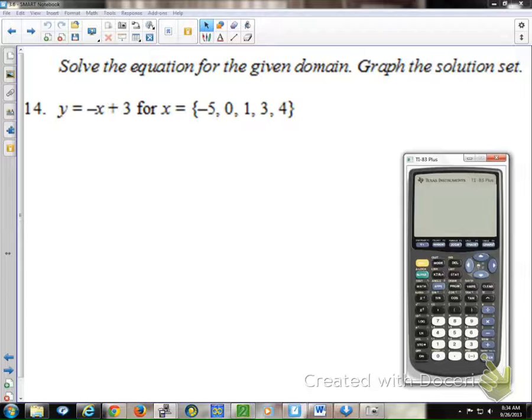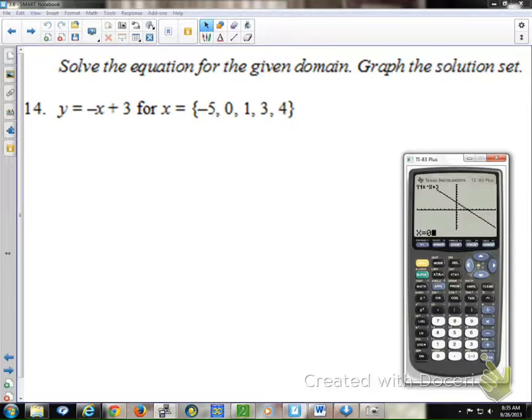Plug them in. Just plug them in. Yeah. So what we're going to do is just plug them in, but we're going to let the calculator do the hard work. On y equals -x plus 3, then we're going to graph, trace, and we're going to let the calculator do the work. How about -5? Now I can't write on my board as I'm doing this, but you guys can write on your paper. -5, 8 is the first point.